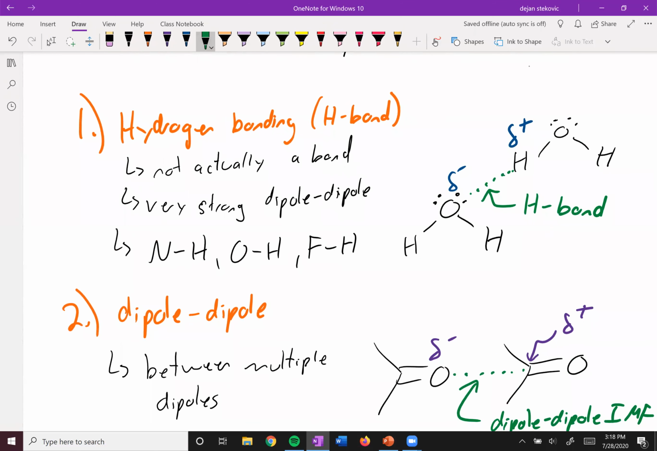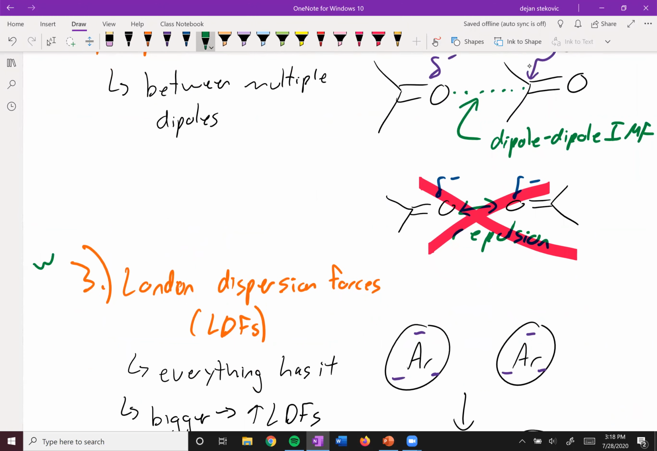And in terms of strength here, hydrogen bond, this is the strongest intermolecular force, followed by dipole-dipole, and then London dispersion forces are the weakest. And so we'll take a look at some examples coming